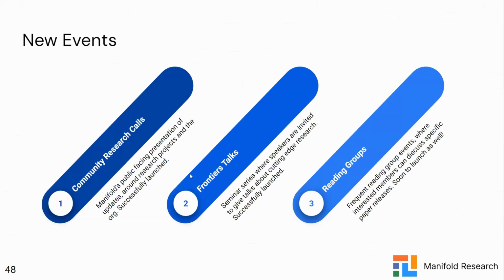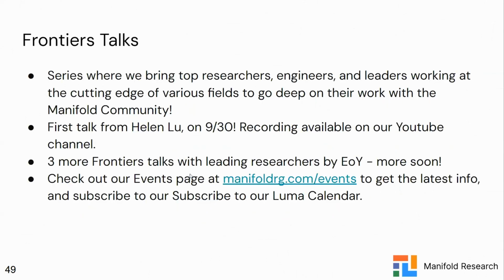Touching on the events briefly, I had shown this slide in Community Research Call number 2 back in July, and I'm showing it again because we are on schedule here. At that time, we mentioned that the community research calls were started, and we had the Frontiers talks and the reading groups planned. Now, we've also had the first Frontiers talk. That's also started. This is our seminar series where speakers are talking about their cutting edge research, and we have a few lined up. So I'm very excited, and we're very proud of that. I'll touch on that in a little bit more detail here.